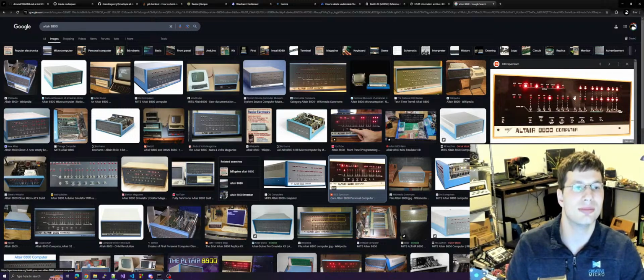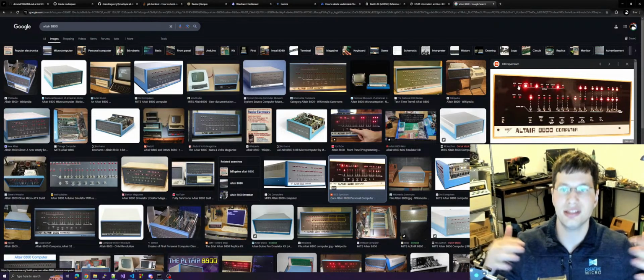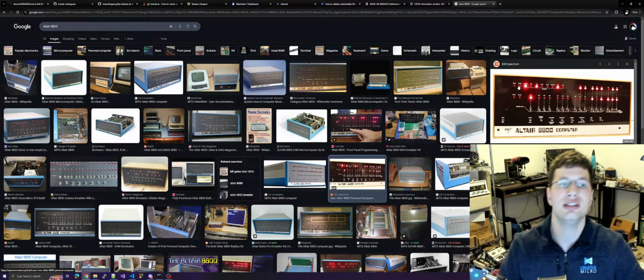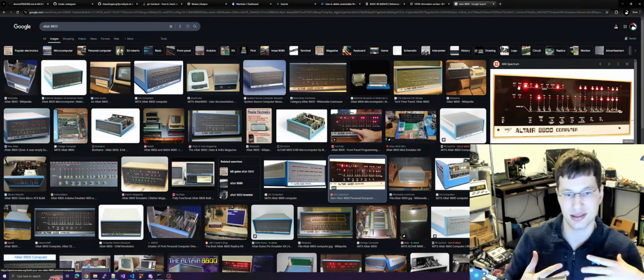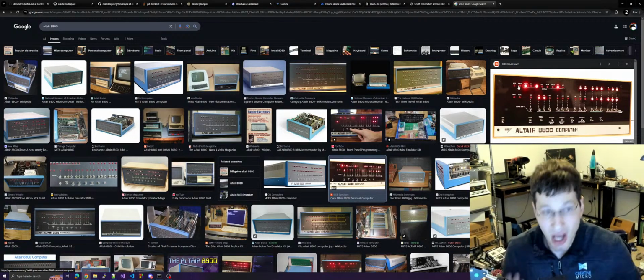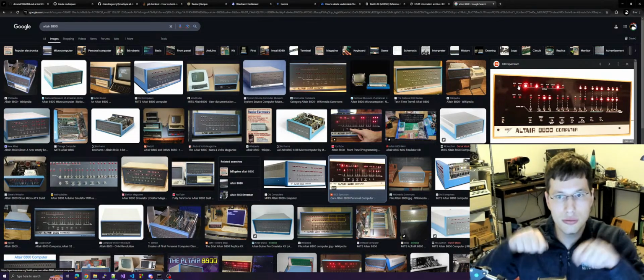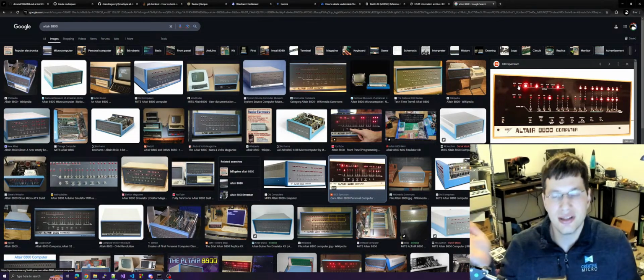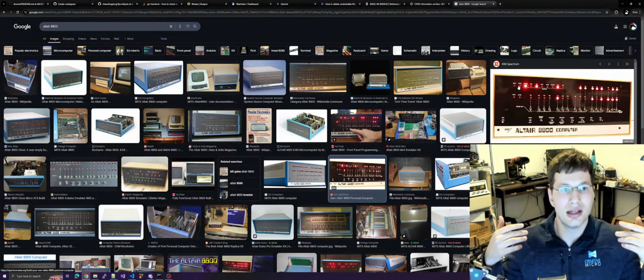This is the best way to store binary numbers. Yes, this is like the most trashy way to display numbers. And this is partially why the Altair 8800 never took off. It took off, but it didn't take off like the Apple did, or like the KIM-1, because as a bare bones kit, it kind of sucked. You couldn't do much with it. You can toggle in your program, but if you don't have an input-output device, like at least a paper tape or at least a terminal,